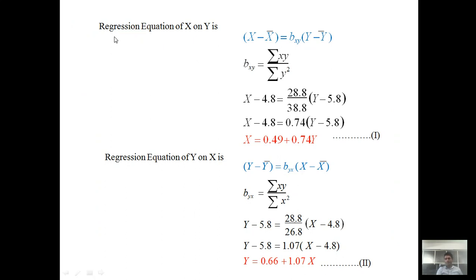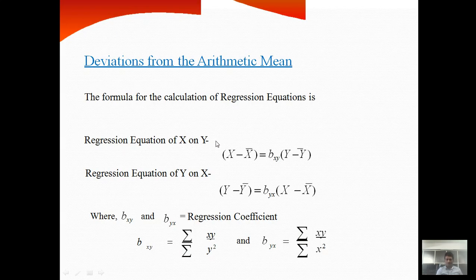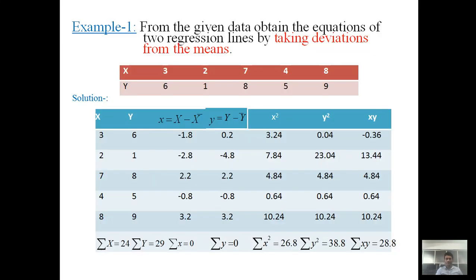So we have to obtain the regression equation of x on y. The regression equation of x on y is very simple from the student point of view. In the regression equation of x on y, x is on the left hand side and y is on the right hand side. In the regression equation of y on x, y is on the left hand side and x is on the right hand side. Now x is first, so the suffix x is first, and y is right, so the suffix y is right. Here the suffix y is on the left hand side, so y is first, and in x minus x bar on the right hand side, the suffix x is second. So it is very easy to remember.